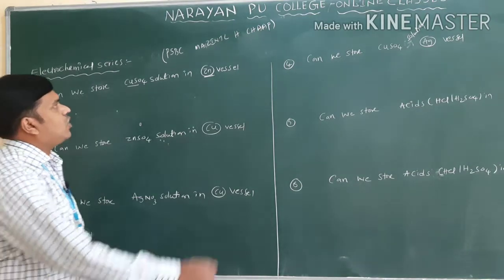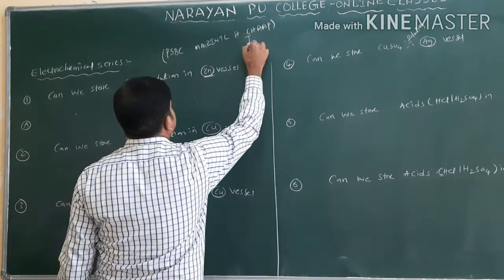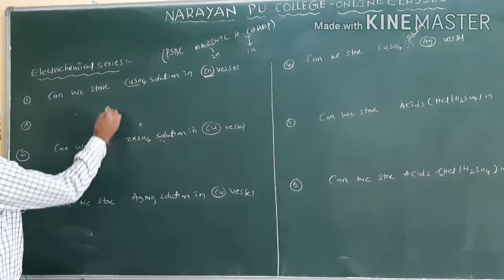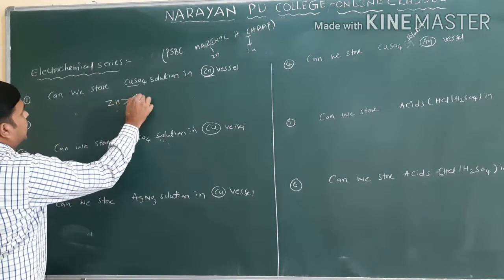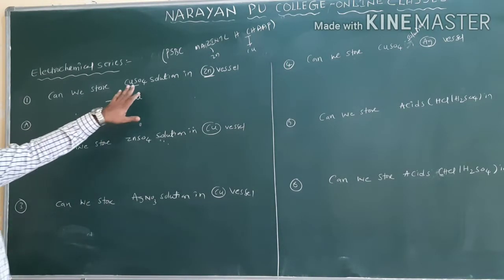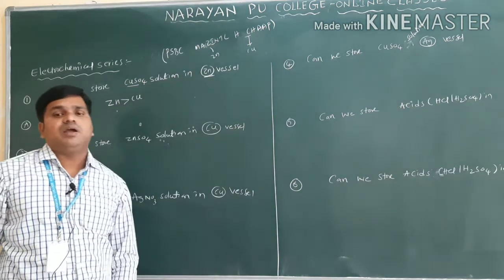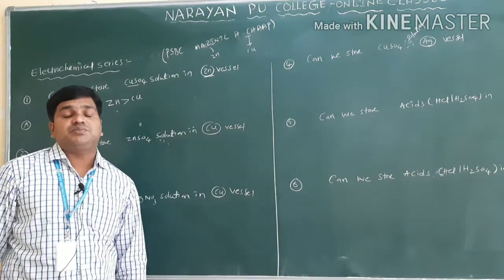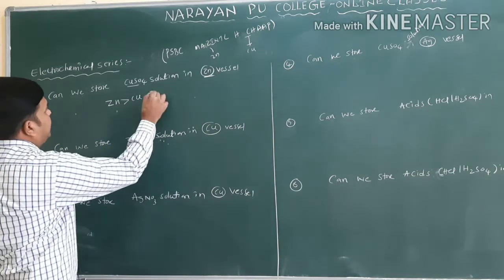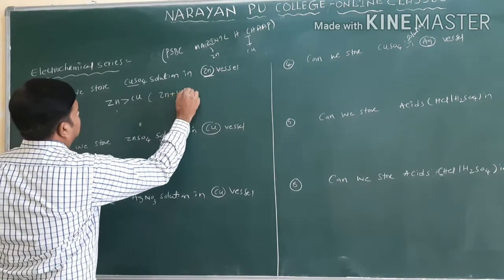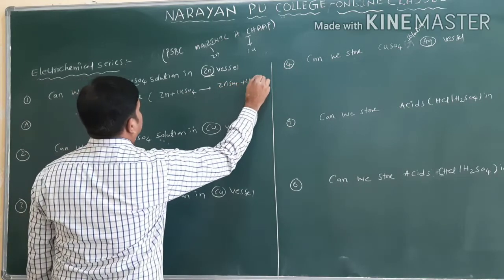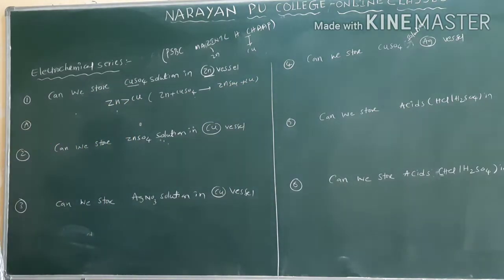Now we'll see here, here copper is there. This is copper, and here we have zinc. So what is the reactivity order? Zinc is more reactive than copper. Then what happened here? Suppose you want to store the copper sulfate in a zinc vessel, then a chemical reaction takes place between zinc and copper sulfate. Zinc is more reactive than copper. Zinc reacting with copper sulfate gives rise to ZnSO4 plus Cu. So a chemical reaction takes place.